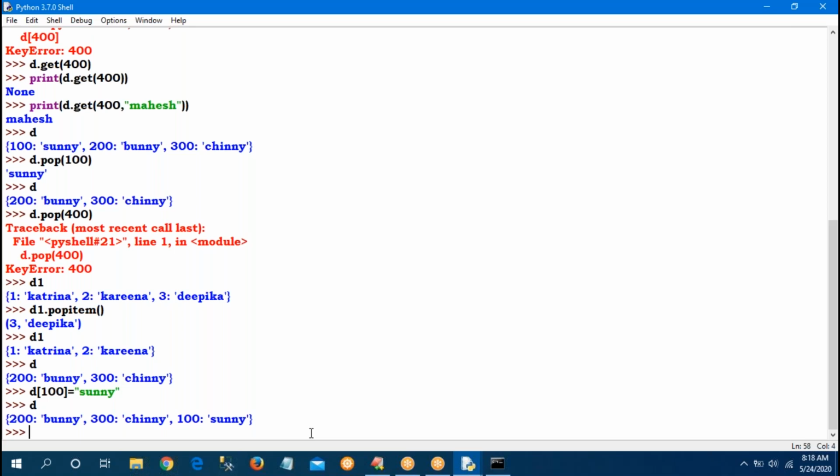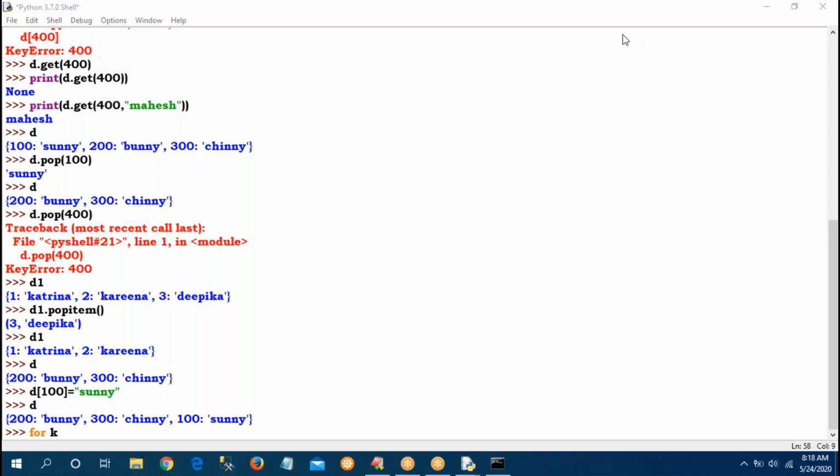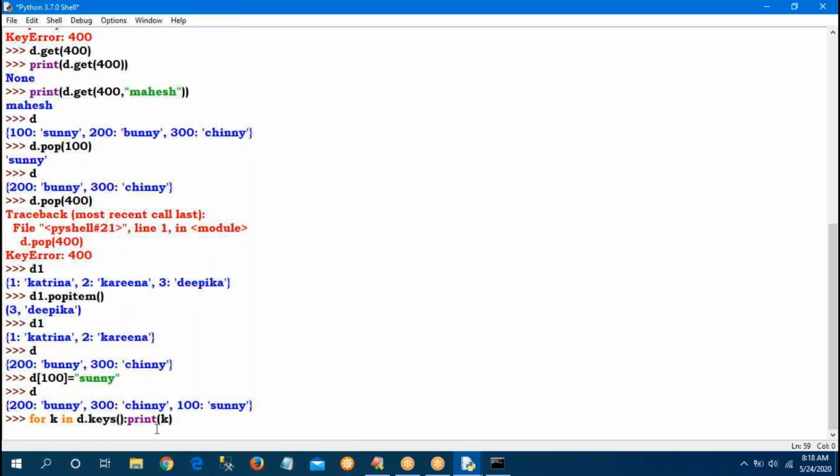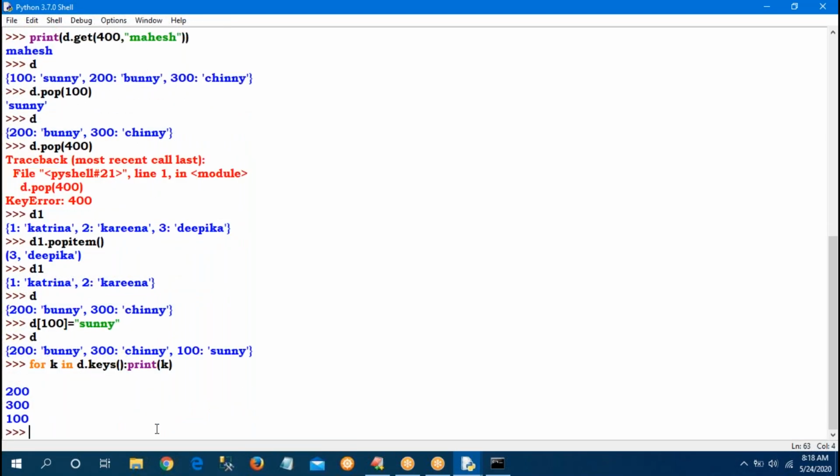Then D.keys(). Observe carefully. For k, k is a reference variable, anything you can use. For k in D.keys(): print(k). 200, 100. Same for values.